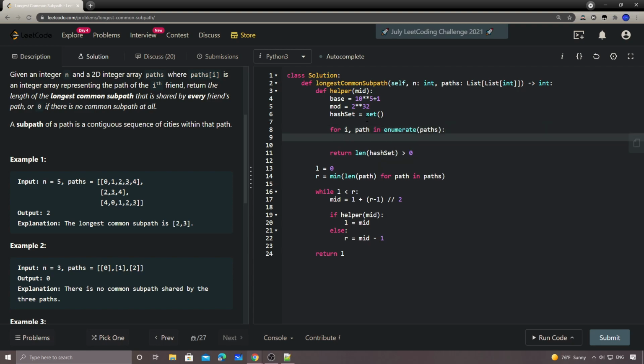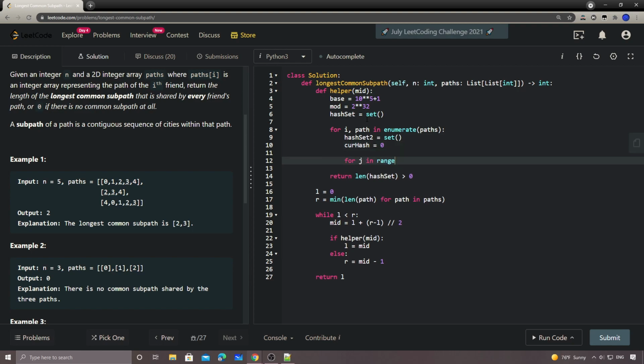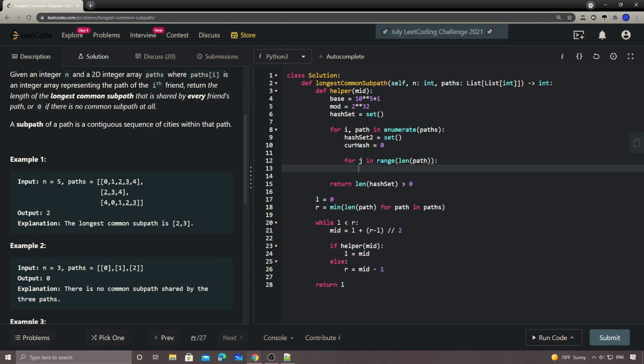And for each path, we need a hash set 2, because we're going to do an intersect later on, and then we're going to have current hash equal to 0. Now for j in range of the length of the path. To do the path, actually, this is a very common one. Basically, the formula is like this. The current hash equals the current hash times base, plus the number, which is path.j,